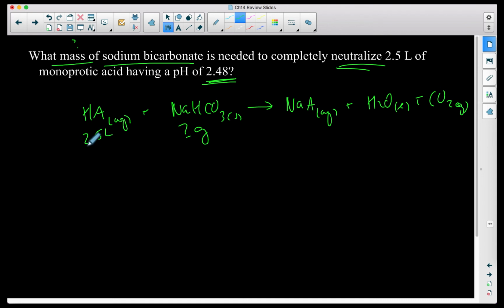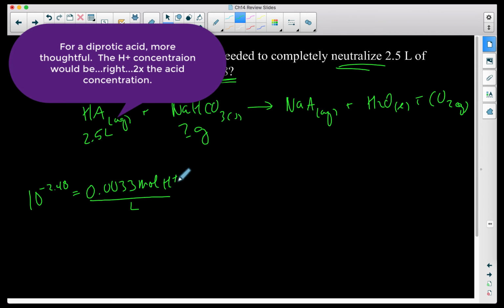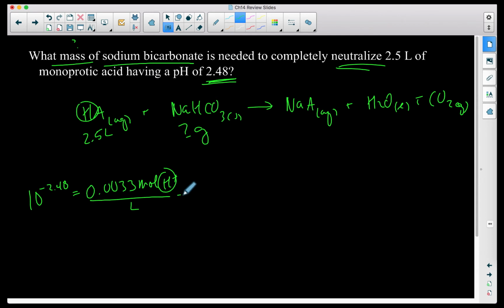So 10 to the negative 2.48 is going to give us our concentration, so this is going to give us 0.0033 moles of H plus per liter. And I know that all this H plus came in a 1-to-1 ratio from here, yes? All this H plus came from here, which then means that I have 0.0033 molar